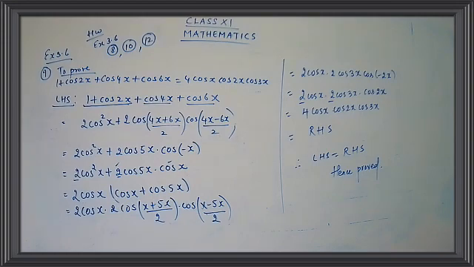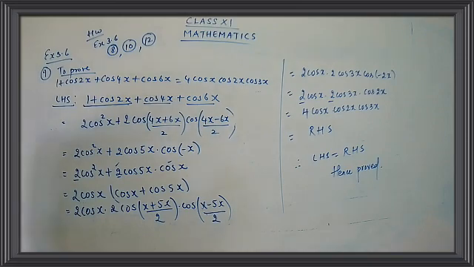Have you completed, children? Have you taken on the 9th sum? Is it clear? So here what we have done, we have used 2 formulas. One was double angle identity and one was sum to product. So we have used 2 identities and we have completed our sum number 9. Already I have given you sum number 10 as homework. Okay, children? 9 has been done and you have to do 10 as homework.